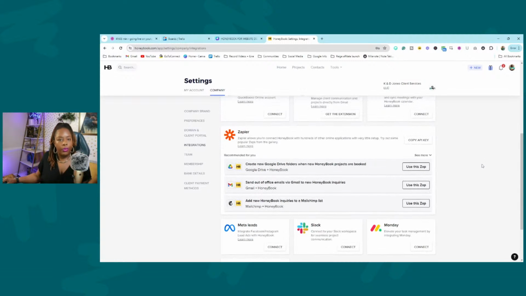And you can also, of course, do Zapier, which is basically that middleman that connects several different things together. So what I do is, because I use Trello for my productivity system, I connect my HoneyBook to Trello. So when someone goes through and they book a website project and it's booked, then Trello, this Zapier connection that